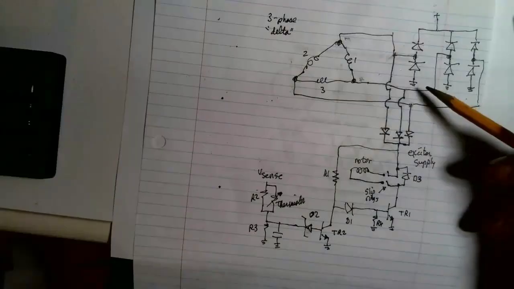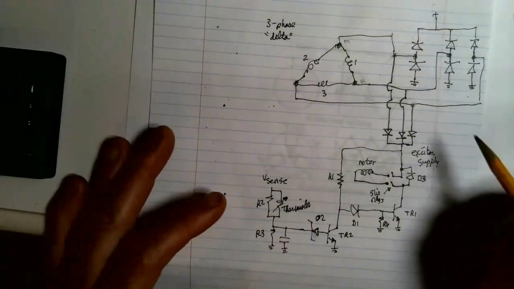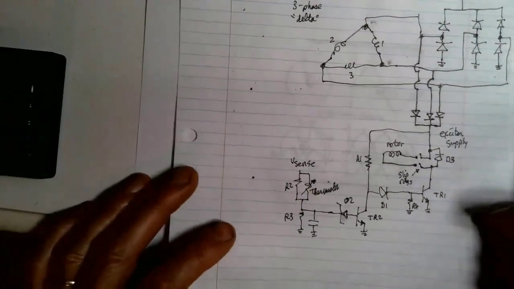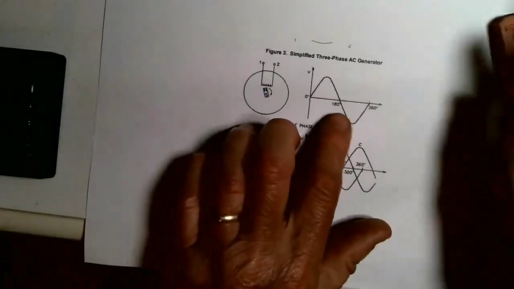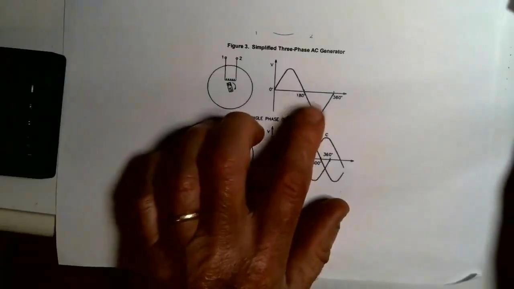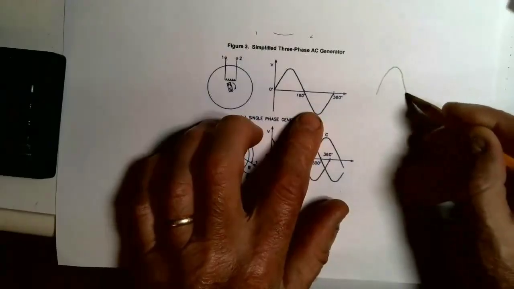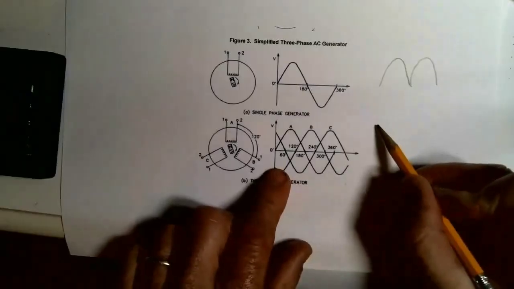6 diodes required. 2 of them turn on at a time, so we lose 1.4 volts for diode drop if you use standard silicon diodes. Now, why do we do this? Well, there's a huge reason. Looking back at this picture again, think about what our full wave single phase rectifier output looks like. It looks like this, with the bottom flipped up, right? The full wave 3-phase rectifier output looks like